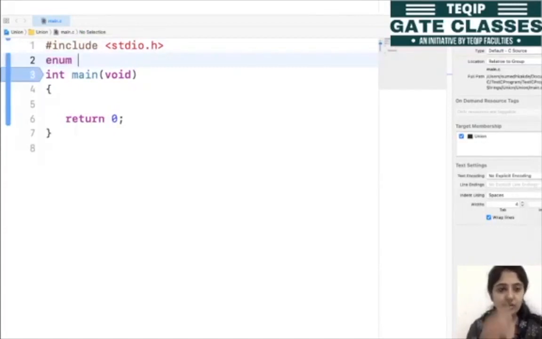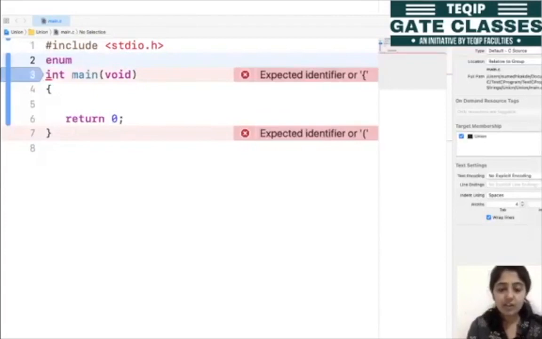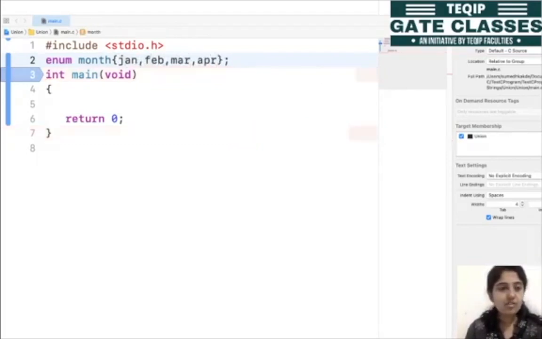This is the enum keyword and the name of our data type is, let's say, month, and inside the curly bracket we have to specify the enum names. So let's say January, February, March, April. Okay, so these are some values. So let's run this code.